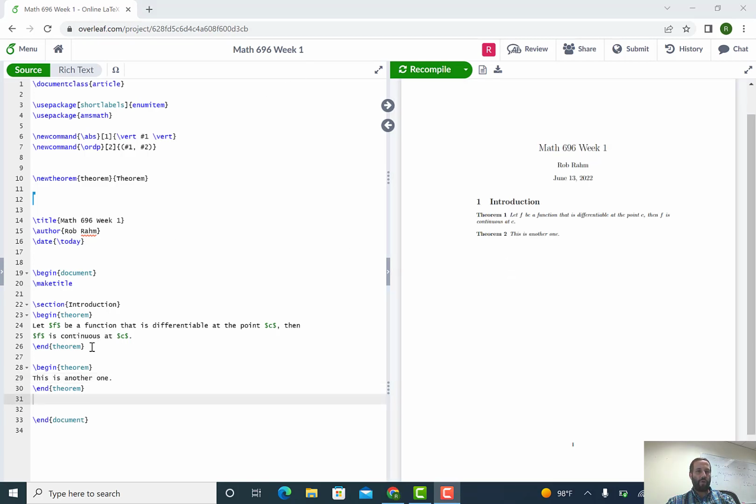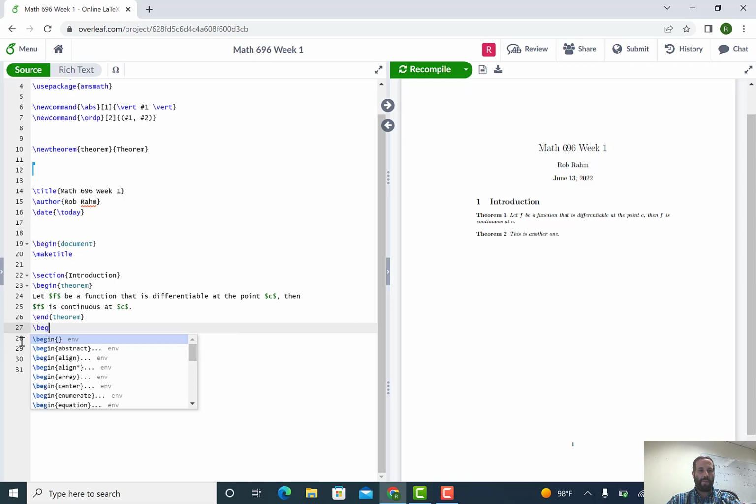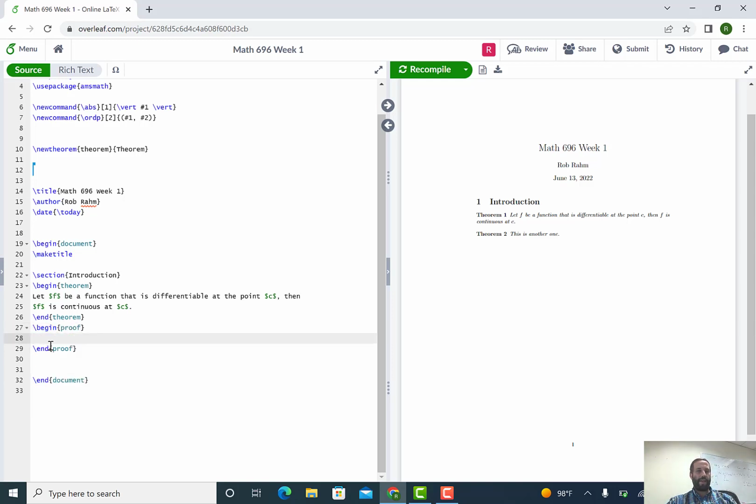Of course, after a theorem, a lot of times we want to have a proof. I'm going to get rid of this theorem. So we want to have a proof. So this is going to be begin proof. And again, ShareLaTeX is automatically going to put the end proof there. And now here's where we put the proof. So let f be a continuous function. And then so on and so forth. And when I recompile it, it's going to be exactly what we want it to be,